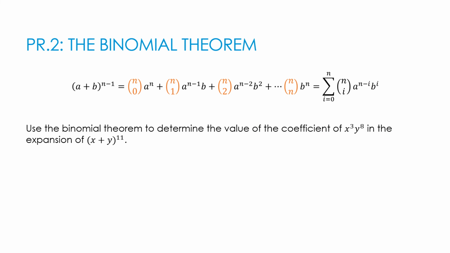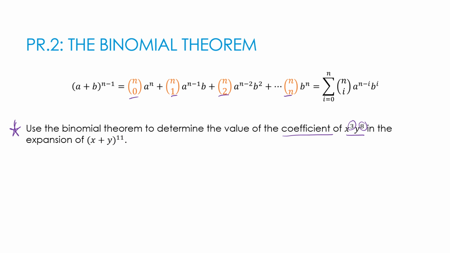So we'll see a lot more applications of this further down the road, but one application we'll use immediately will be a question like this, where it says use the binomial theorem to determine the value of the coefficient, coefficient of course being what's the number that's going to go in front of x to the third, y to the 8th. Now, what I would not want to do is, because there's obviously 11 total, actually multiply x plus y out to the 11th, because that would be a lot of work